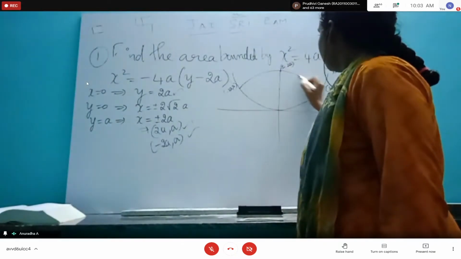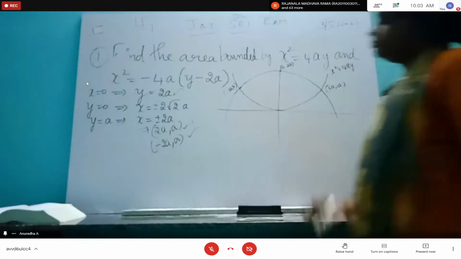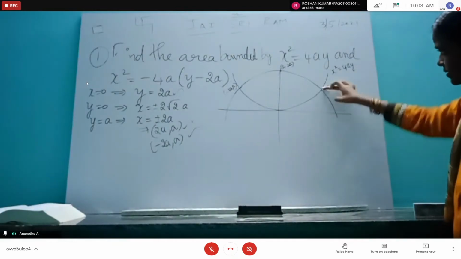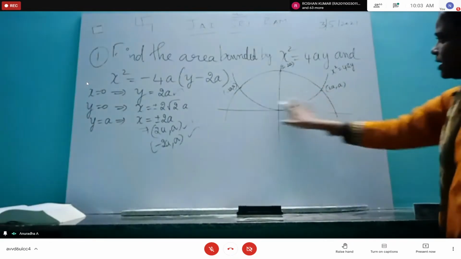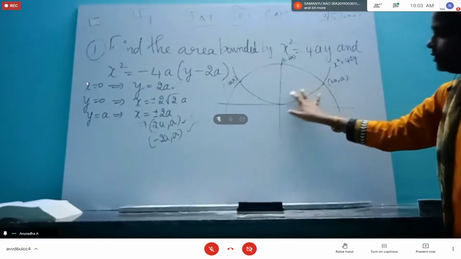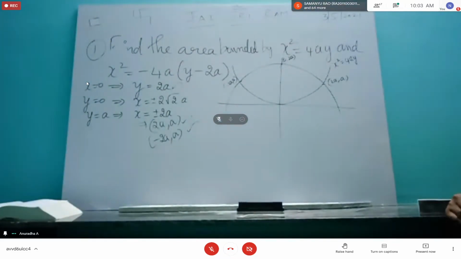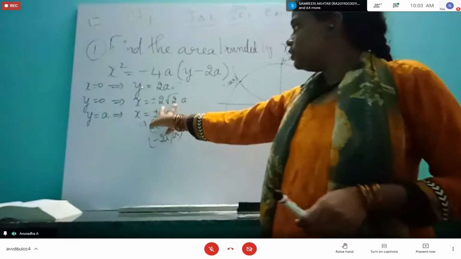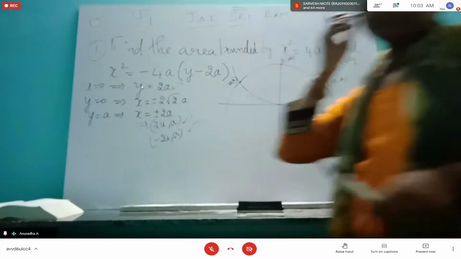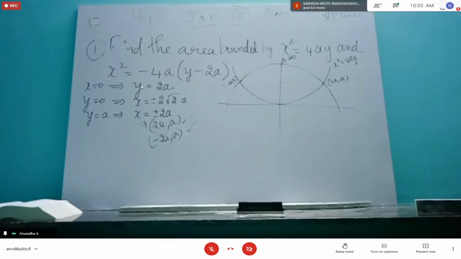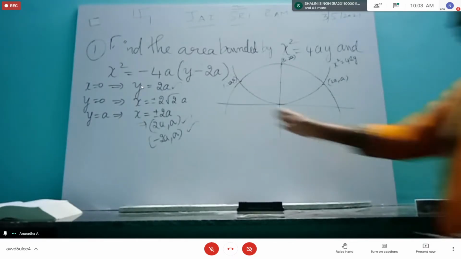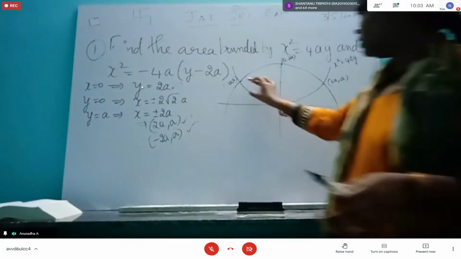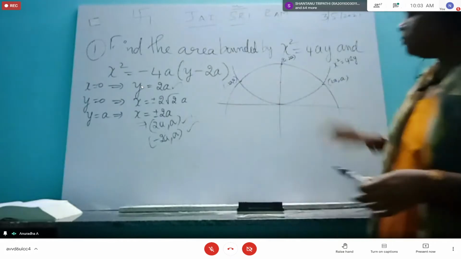Join it as a parabola. Cut it here, because we need only the region of intersection. We don't worry about whether it's going like this or like that. So these three points are enough for us. Even if I want to include 2 root 2, it will be somewhere around 2 point or 3 point something. If you want, we can include that, but we don't worry about that. Only these give me the common area.